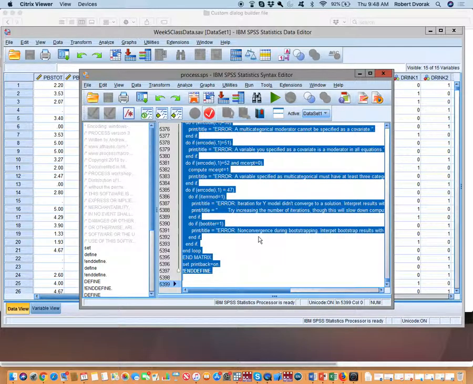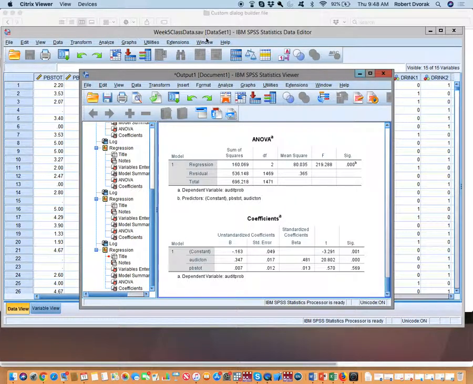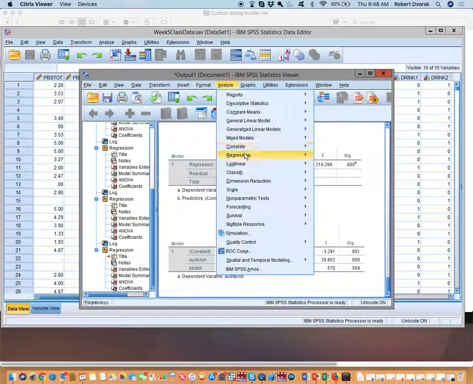If I already have PROCESS, I shouldn't do this, should I? It won't matter. But in fact, every time you start SPSS, you have to redo this. PROCESS deletes out of SPSS each time. And in fact, I'll show you what I mean here. I'll pull that back up in a second, but if we go Analyze, Regression,